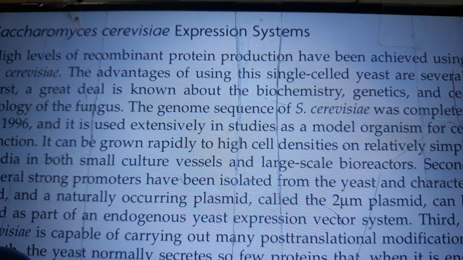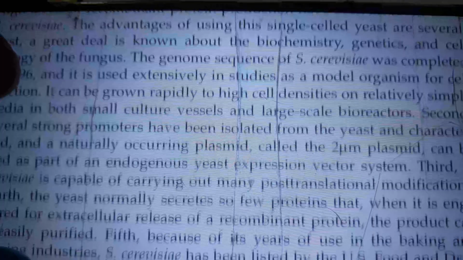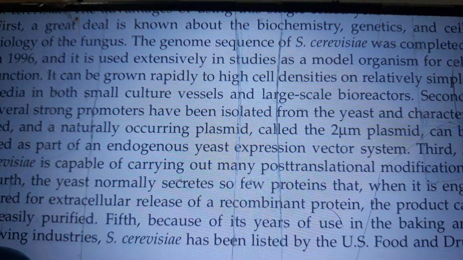The genome sequence of S. cerevisiae was completed in 1996, and it is used extensively as a model organism for the study of cell function. It can be grown rapidly to high cell densities on relatively simple media in both small culture vessels and large-scale bioreactors. Second, several strong promoters have been isolated